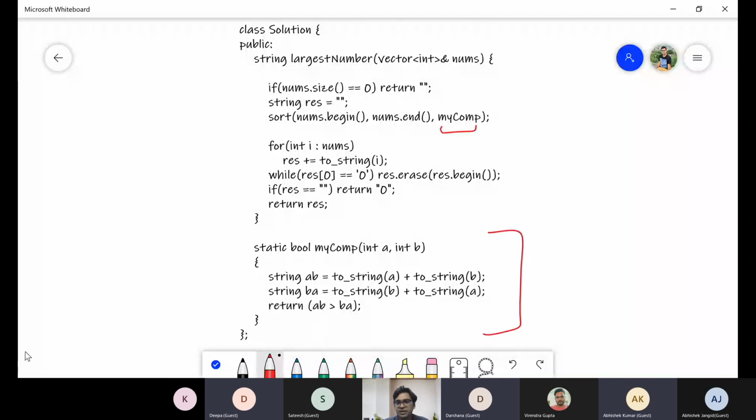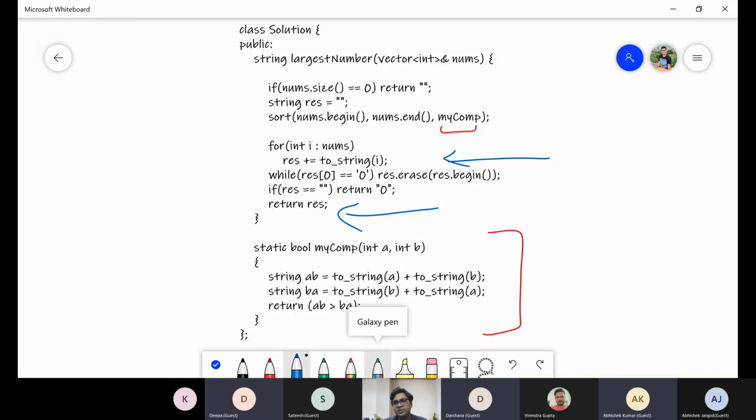In the compare method, we generate two strings, AB and BA, and compare which one is bigger or smaller. Accordingly, later we convert this into a resultant string and return this result here.